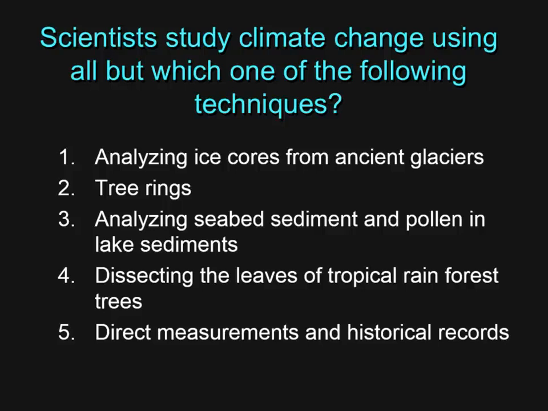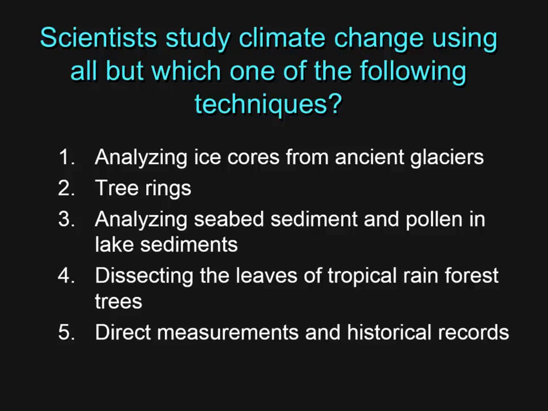Well, leaves are temporary, right? And they certainly don't last tens of thousands of years, or sometimes even 1 year. So we don't dissect leaves to find out, but we can take ice cores from glaciers, and those can actually take us back hundreds of thousands of years. And what we do is we look at the air that's trapped in the ice bubbles, and we can actually figure out what was the chemical content of the atmosphere.